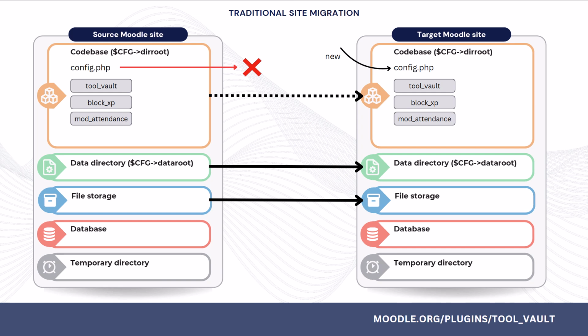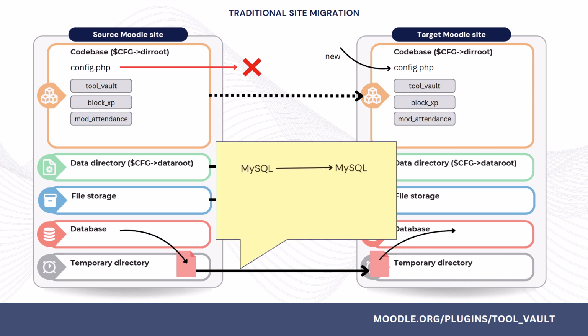To copy the database, you first need to run a command like mysqldump or pg_dump to export the entire database into a single file. Then transfer that file to the new server and use it to recreate the database by running the SQL commands from the dump. But keep in mind, a MySQL dump can only be restored into another MySQL-based database. And the same goes for Postgres. You cannot use a dump from one engine to restore into another.